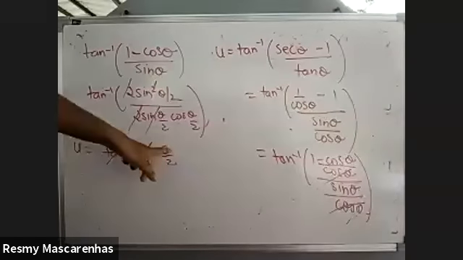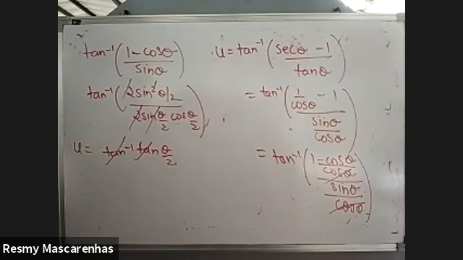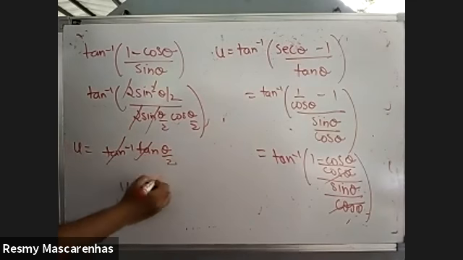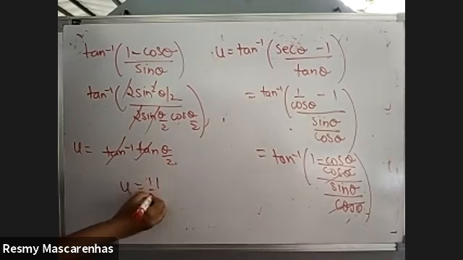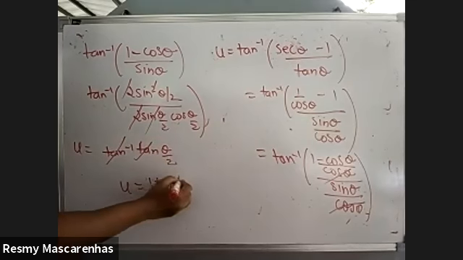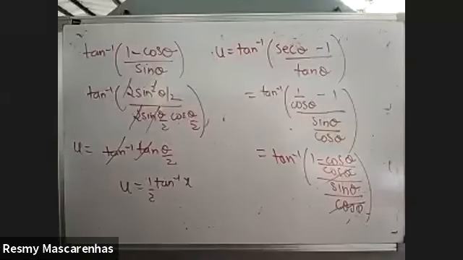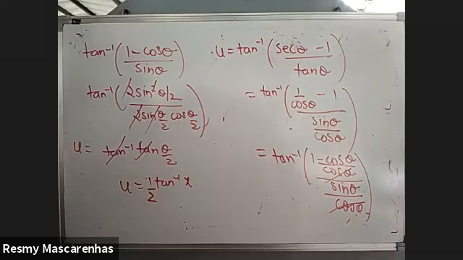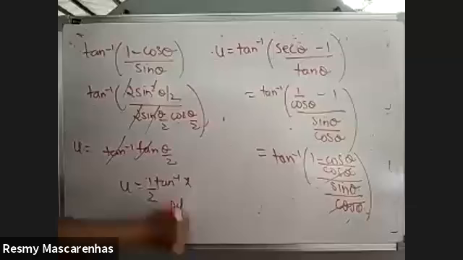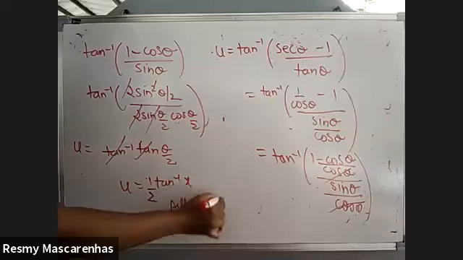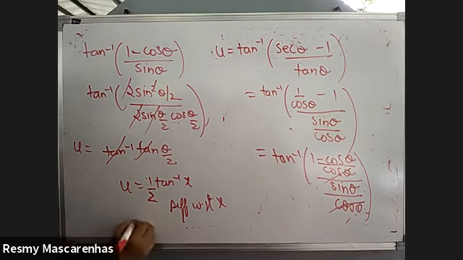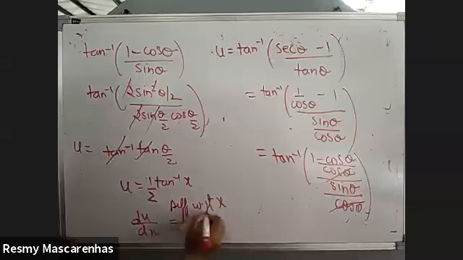Now this is u. Don't differentiate directly with respect to theta. You will get answer as half, but it will be wrong because I had done substitution. First resubstitute. So half I'll write at the side. Tan inverse of x. Theta is nothing but tan inverse of x. So this is what we will get. And now differentiate. And then answer will be 1 upon 2 into 1 plus x square. So du upon dx will be that.